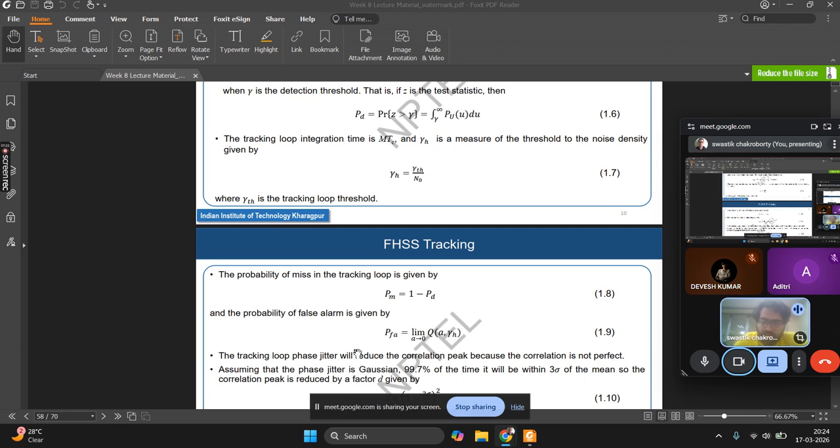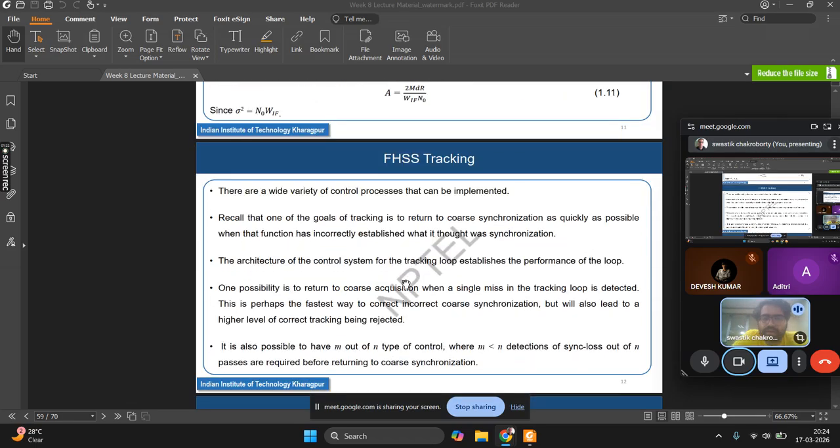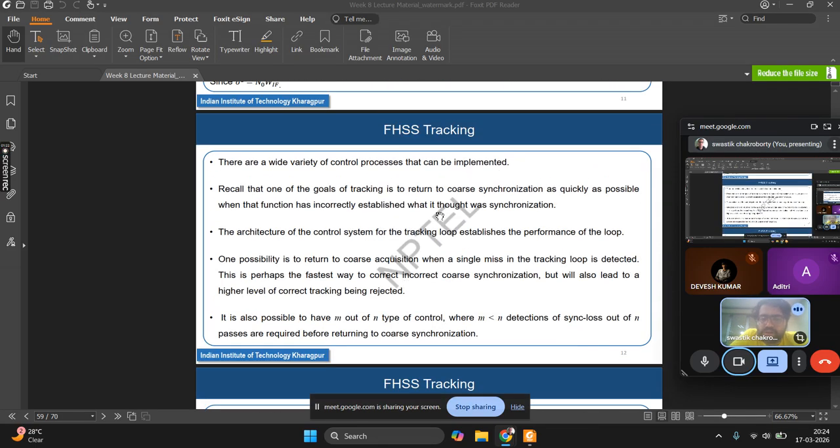Okay, the probability of miss in tracking loop is given by this. There are a wide variety of control processes. Recall that one of the goals of tracking is to return to coarse synchronization as quickly as possible when that function has incorrectly established what it thought was synchronization. So basically, if you achieve synchronization and then you see that synchronization was actually wrong, we did a false alarm, then it has to again, as soon as possible,